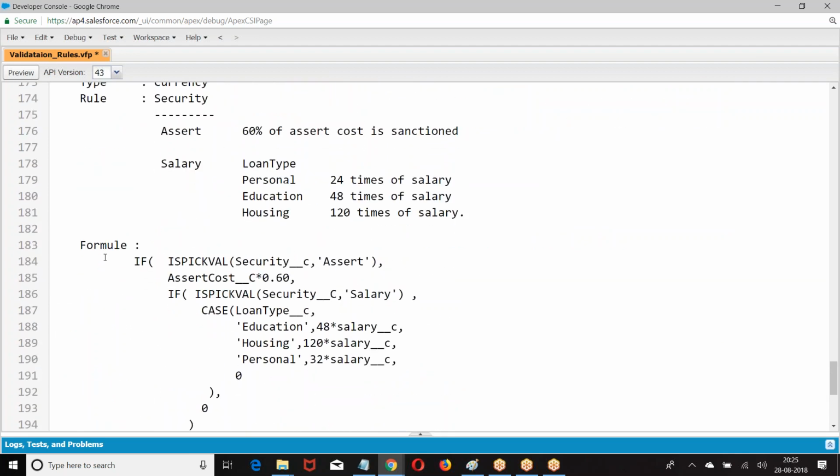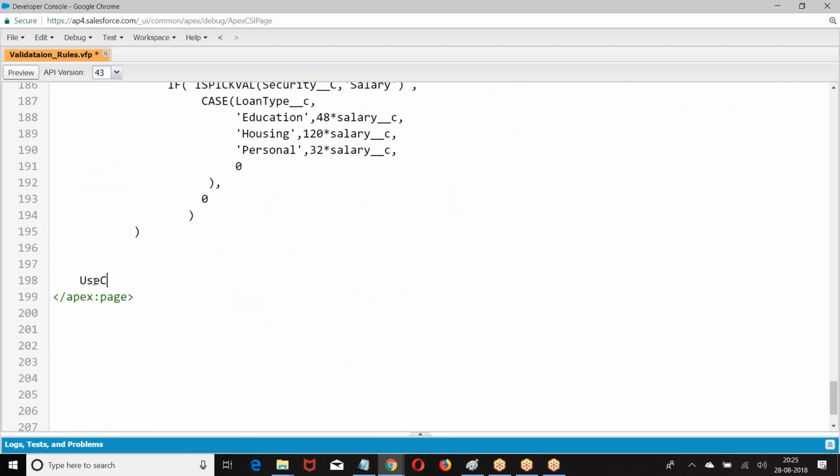Now, let us go to the next one. Apply the use case. Object. Now we'll apply some validations.